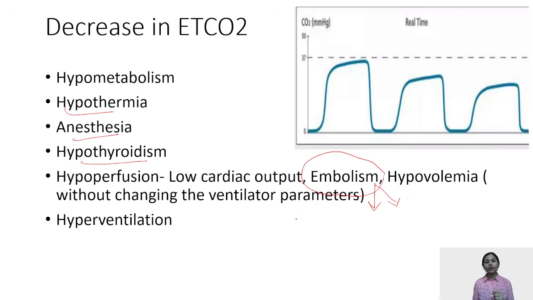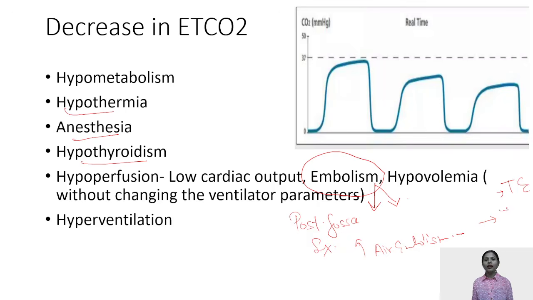For example, the case could be a posterior fossa surgery, that is, a neurosurgery is taking place, and neurosurgeries are very prone to venous air embolism leading to a sudden decrease of ETCO2. And then the management will come. The management of these cases will be discussed in detail in neuroanesthesia. But still, to complete the discussion, I'll just let you know that the management of air embolism would be first the diagnosis of venous air embolism. The gold standard for that is your transesophageal echocardiography.